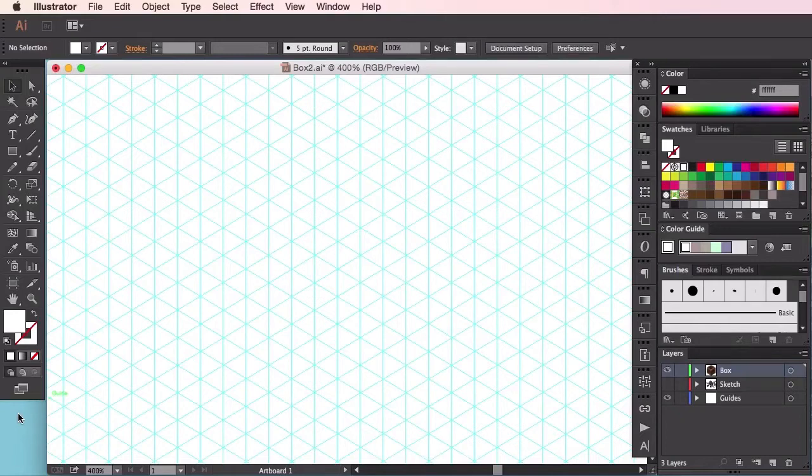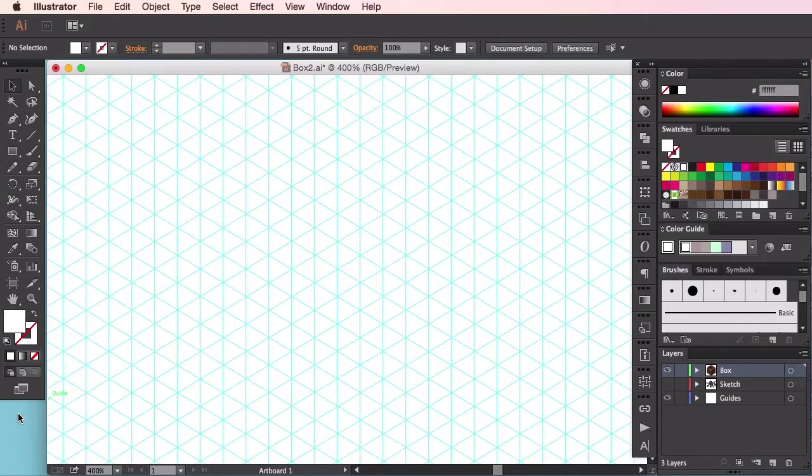In this video, we're going to go through how to translate our initial sketch from the previous video to create some isometric assets for our final environment, starting with the box. So you'll see here that we've zoomed in quite a lot into our artboard so that we can see our guidelines clearly. And we'll start by creating the left side of the box first, using the pen tool